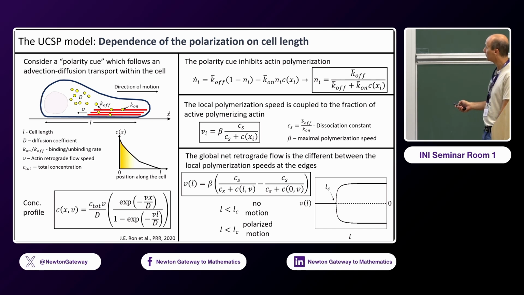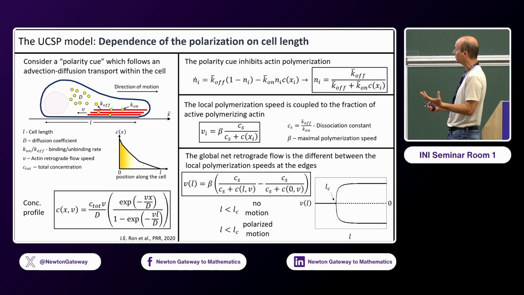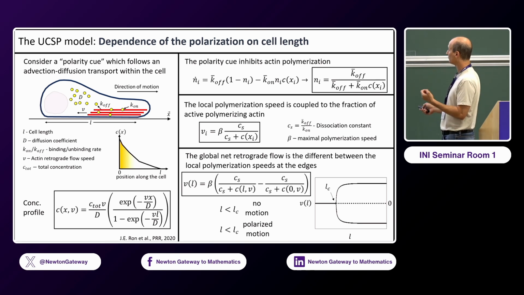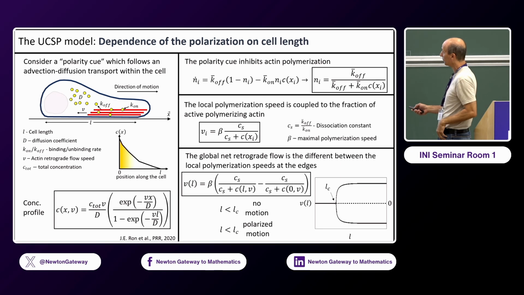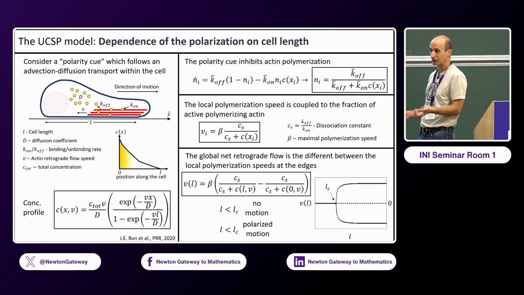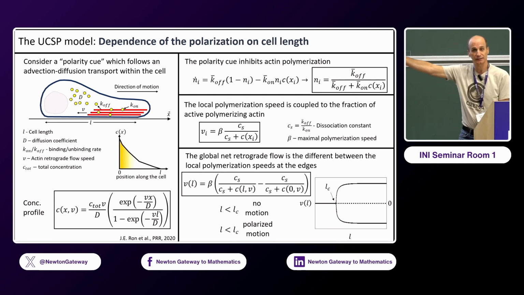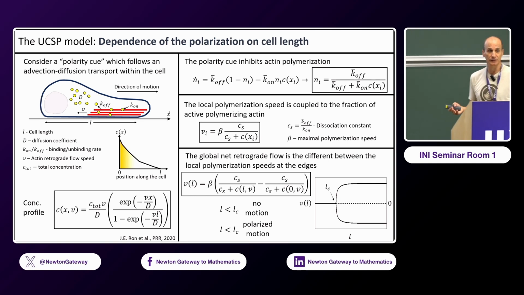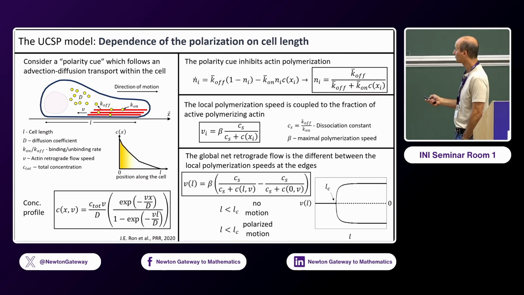If you solve that numerically, you find that now the system can have a spontaneous bifurcation, where, for example, if your control parameter is the length of your system, if the system is too short, you cannot build enough of a gradient over such a short distance to self-sustain this speed. And even if you perturb the system to have some gradient, it will go back to constant concentration and zero overall velocity. But above a certain critical length, you can now have a bifurcation, and the system can self-sustain a cell moving. So we have a simple model for how a cell can transition itself from not moving to moving